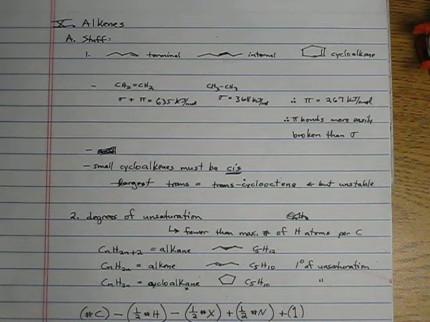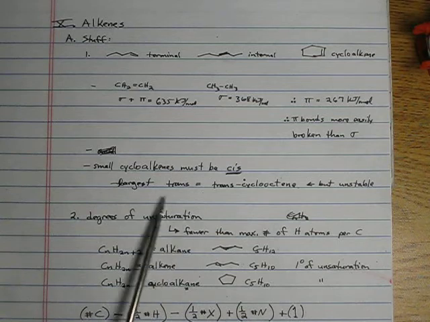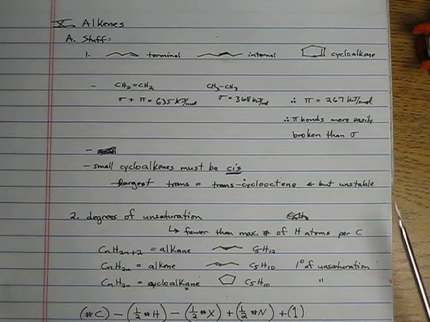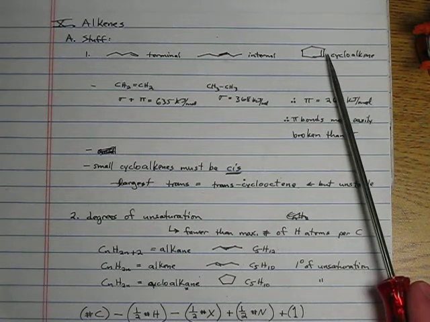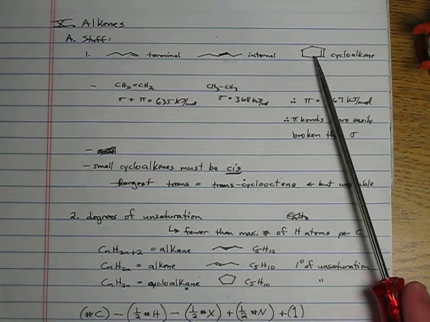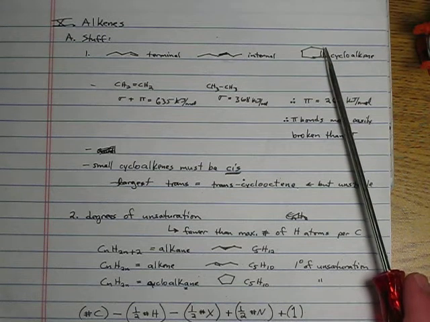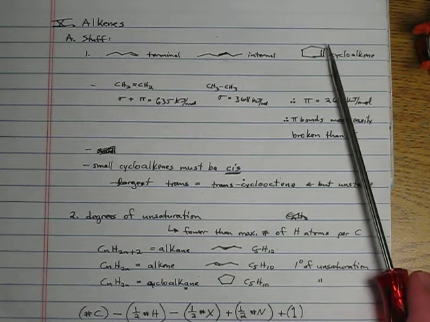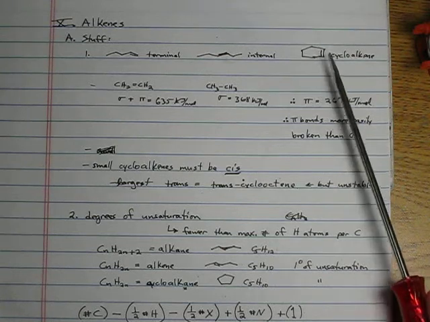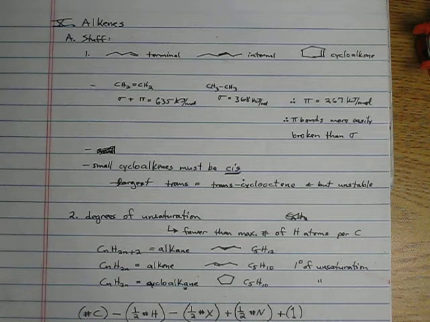Okay. And if you get your models out and give it a go, you will find that small cycloalkenes have to be cis. Note that with this cyclohexene, you cannot have it trans. If this carbon went to this carbon over here and then had a double bond, if it was trans, so the rest of the ring came out that way, there's no way to attach those two back together with 3 carbons and 3 CH2s. So they are going to be cis